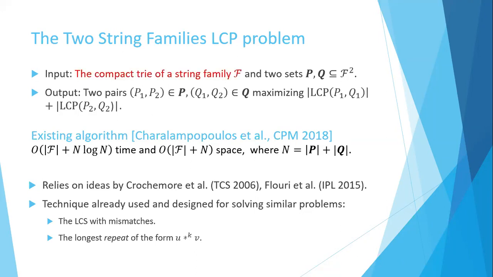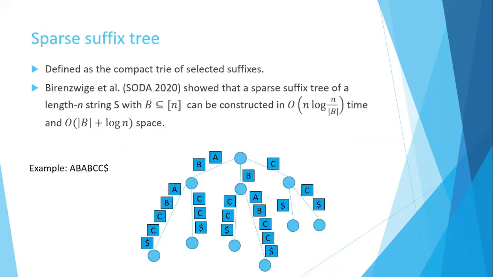But the problem is that the input here also requires a compact trie of the string family F, which is basically a trie of all the strings in P and Q combined. So how can we create this trie? Just a quick recap